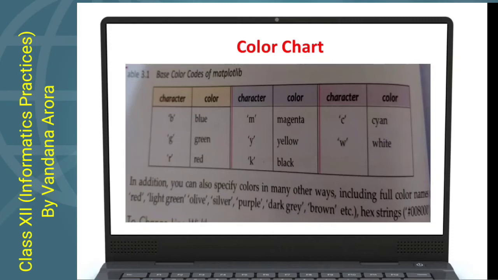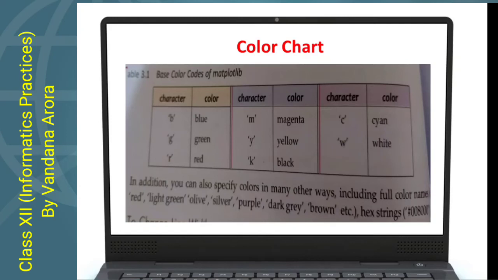You can see the color codes are given: b for blue, g for green, r for red. In addition, we can specify the full color name like red, light green, olive, silver, purple, dark gray, brown, etc. You can use a hexadecimal string also.